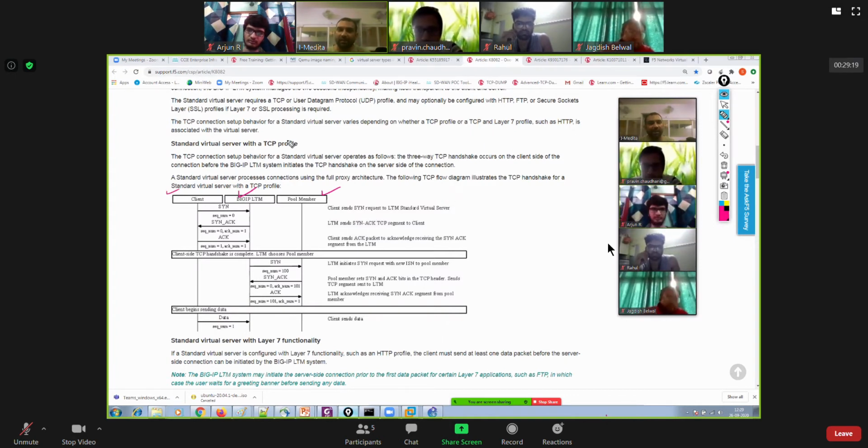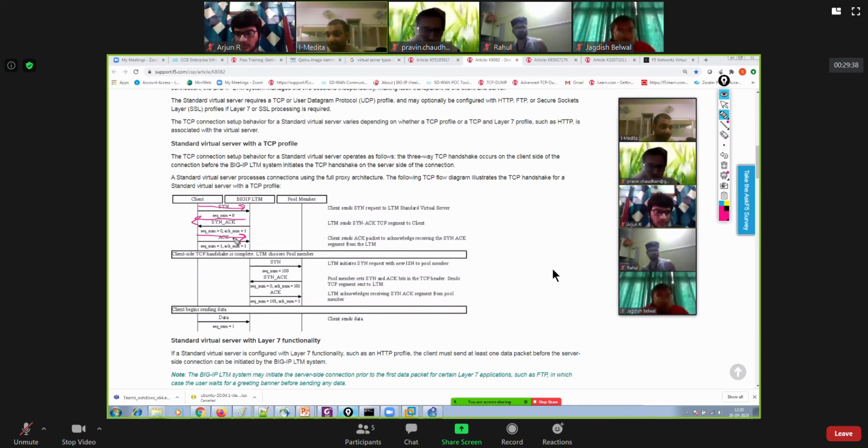If you are using the standard virtual server with a normal TCP profile, in that condition you can see that the client performs a three-way handshake with BIG-IP first.